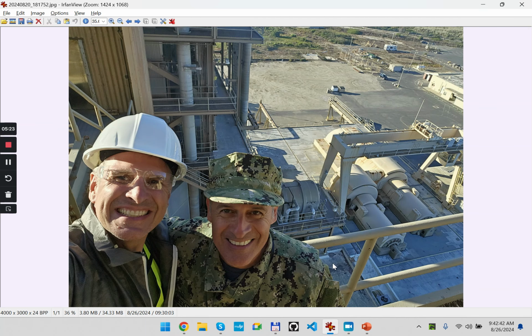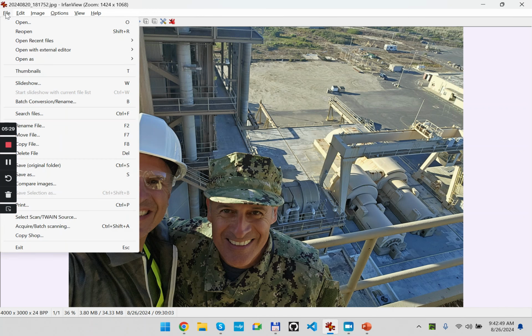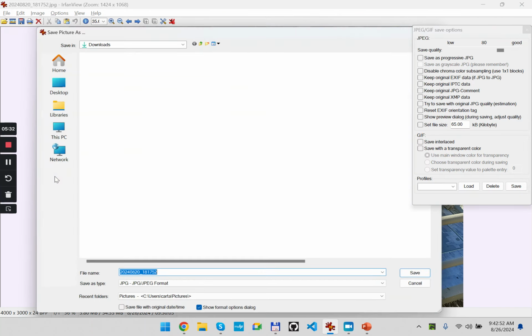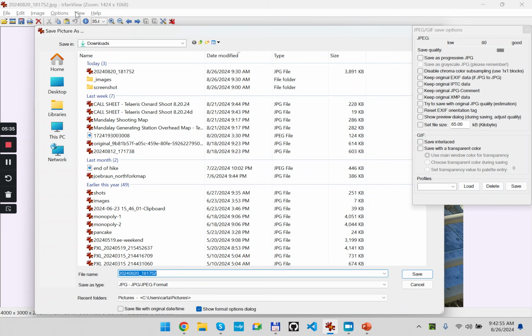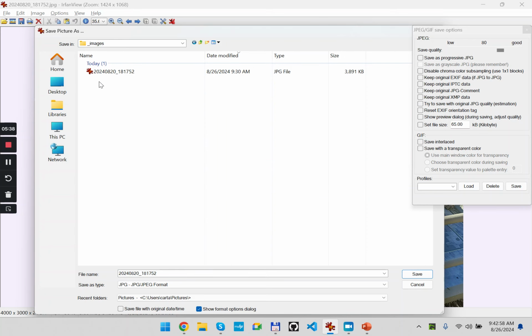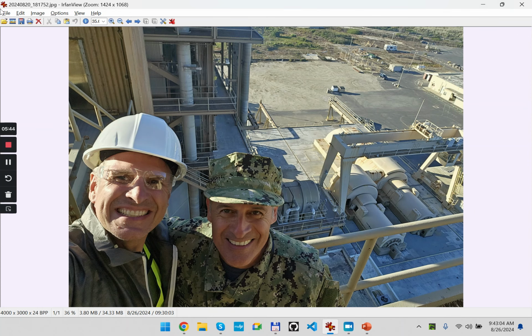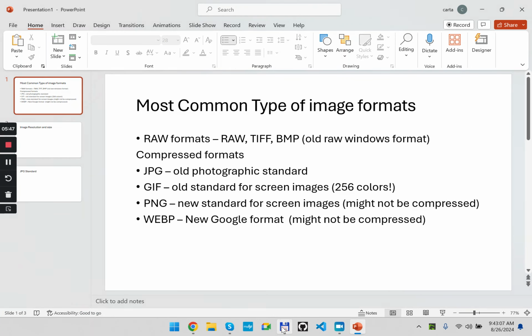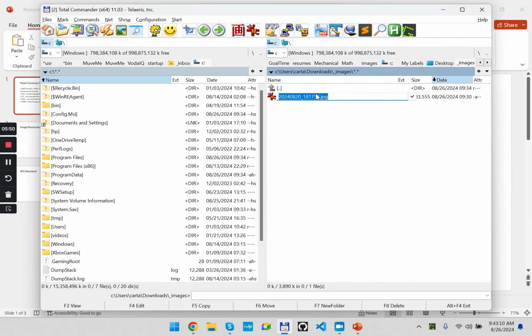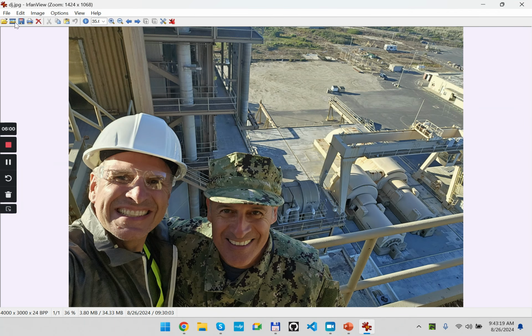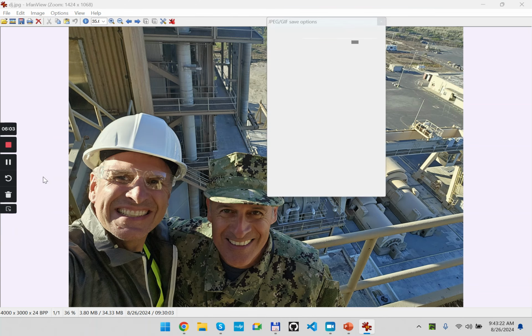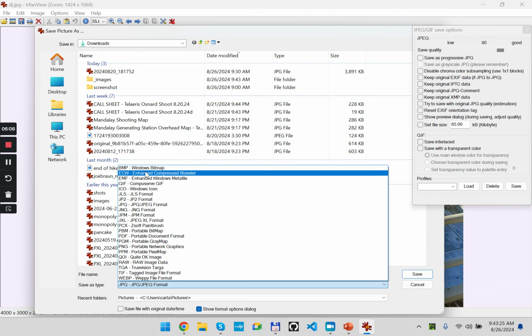So here is the image that we have on the screen. Right now I'm using this thing called EarthenView, which is a free viewer. I'm going to rename this to DJ.jpg. So that's the image. If I save this image as a BMP, Windows bitmap,